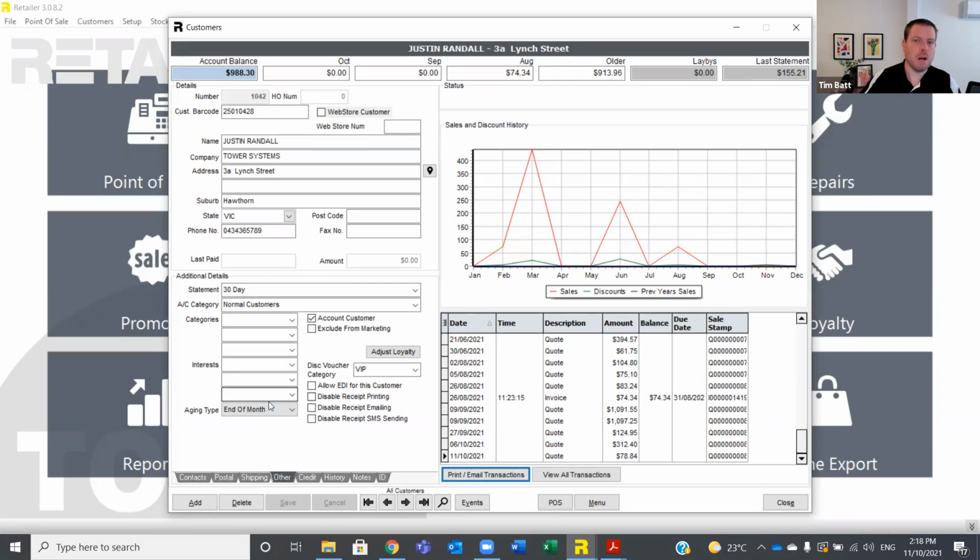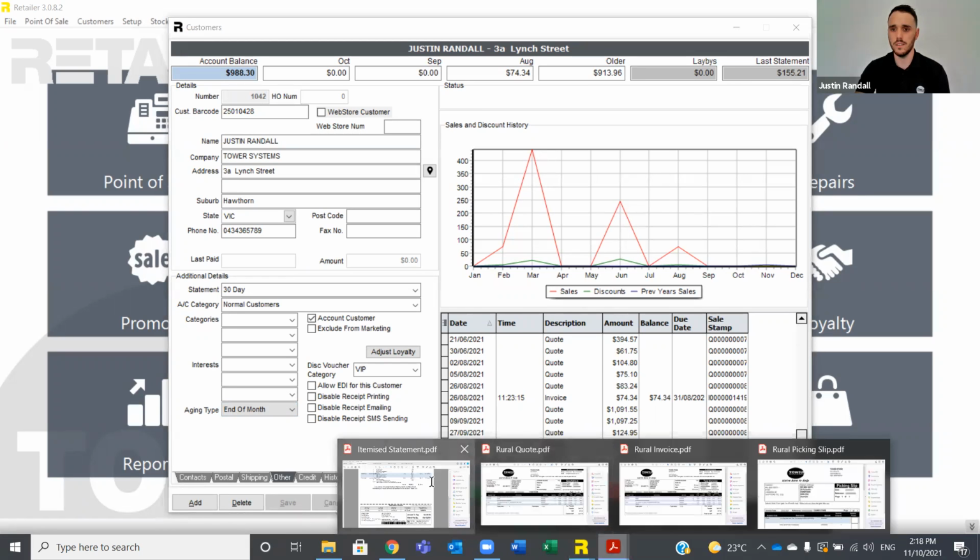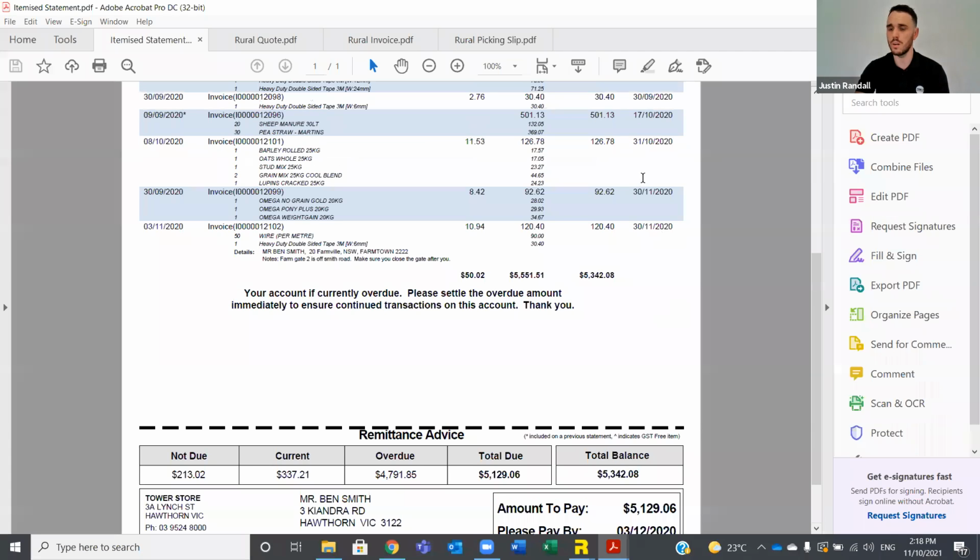So if someone comes in and says, hey, look, don't worry about printing anything for me because I'm happy with the email versions of my invoices and receipts and whatnot, you can flag that per customer down in the bottom left there. Yep. And just on the statement, you'll notice the invoice's due date as well, which you can